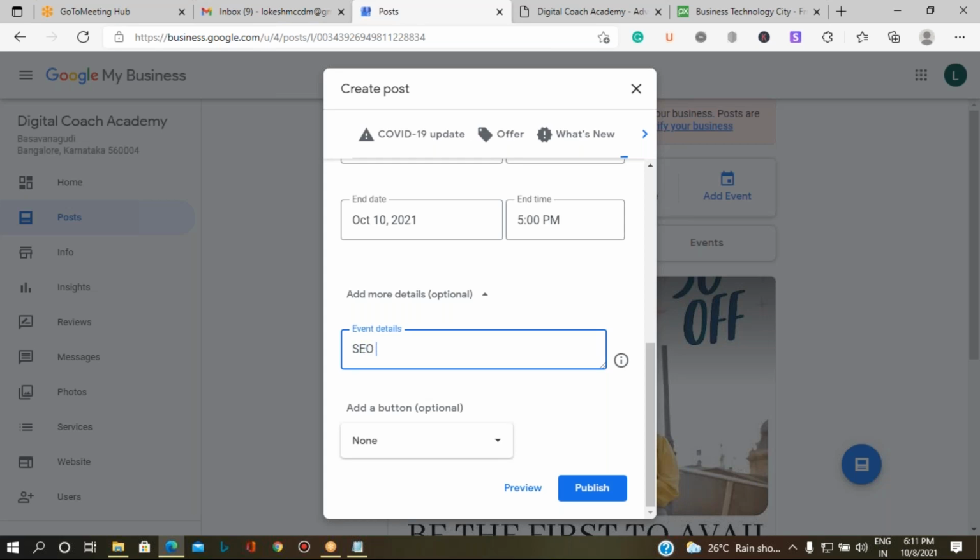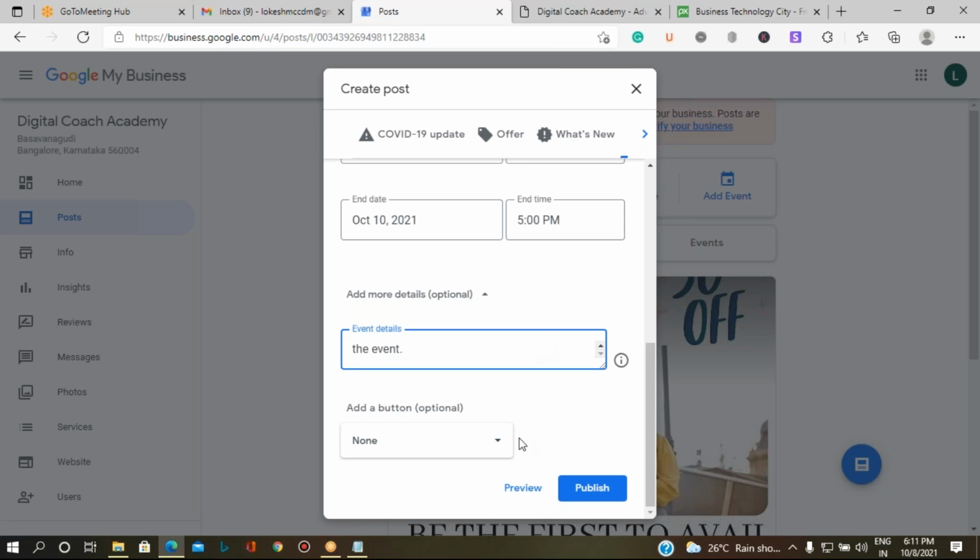SEO Pathshala is an event where advanced tips and tricks used by professionals will be shared. Okay, so till now I've added just information.